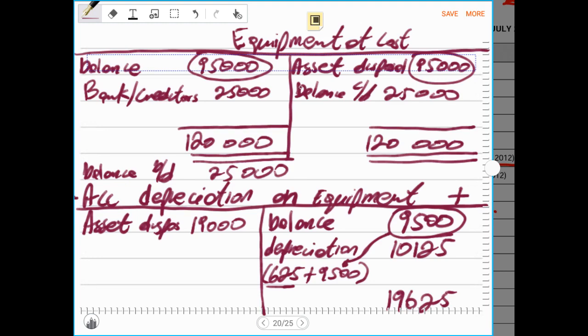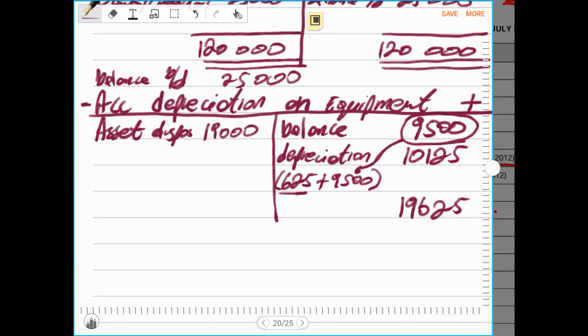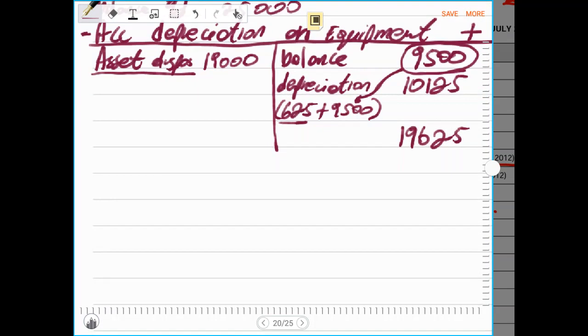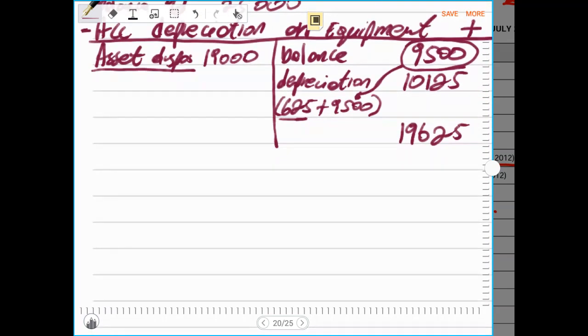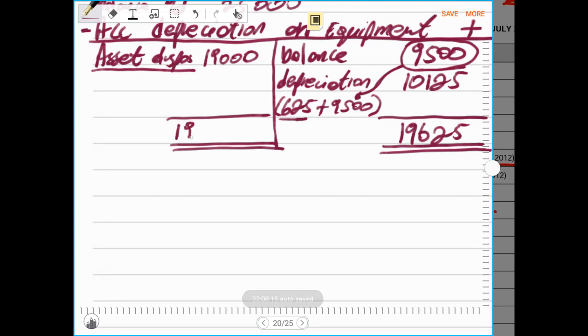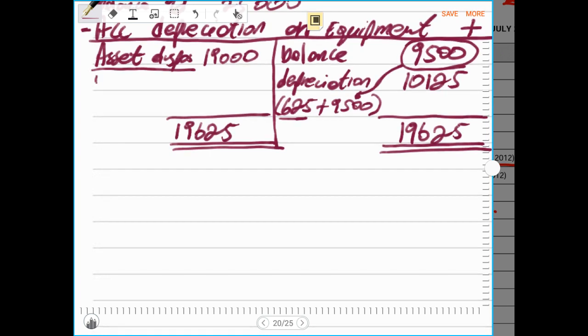So the contra entry became asset disposal. Therefore, when we are removing the accumulated depreciation, once again we write asset disposal, because this asset was disposed by the end of the year. So now we can balance this ledger account, because there is no other depreciation to be recorded during the current accounting period. So now we have an amount of 19,625, and the balance carried down